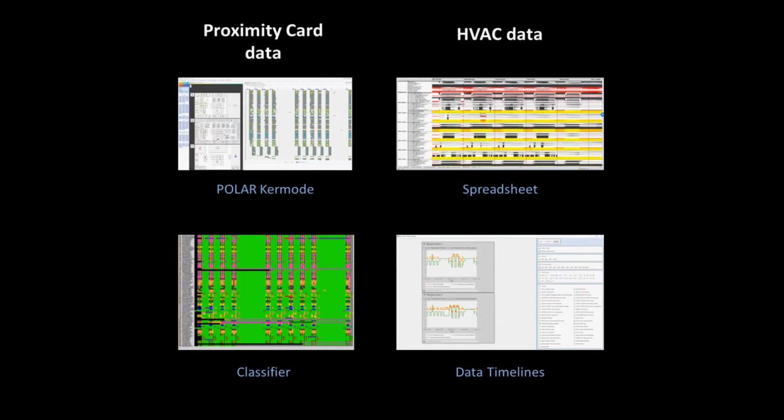To address the challenge, we used 4 tools. We used 2 in-house developed tools for the proximity card data. These were Polar Commode and Classifier. For the HVAC data, we used a rather large Microsoft Excel spreadsheet with conditional formatting and another in-house tool called